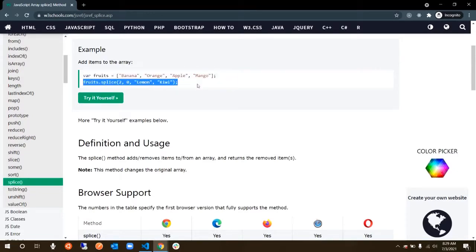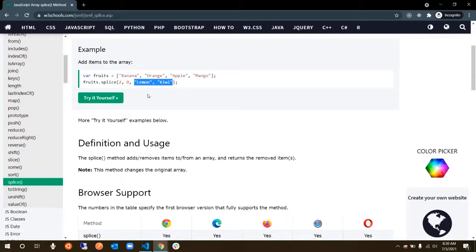Look at what they have done. They have used something called fruits.splice, which is a regular array function, but in brackets you have some parameters. The first parameter is the index of the beginning, so from where you should start. The second parameter says how many elements you have to delete. And then the final ones, however many they are, they're just adding. They represent what to add in between.